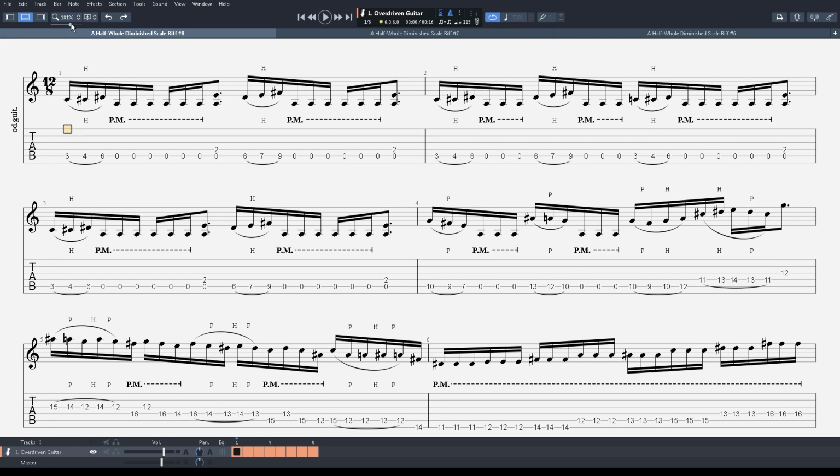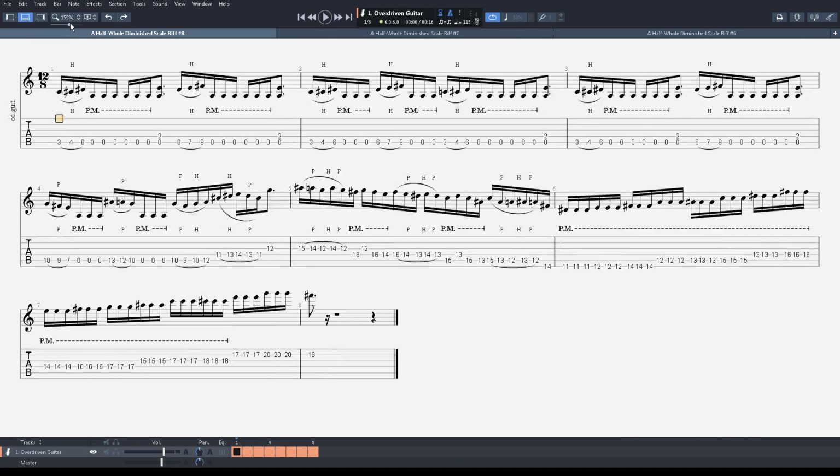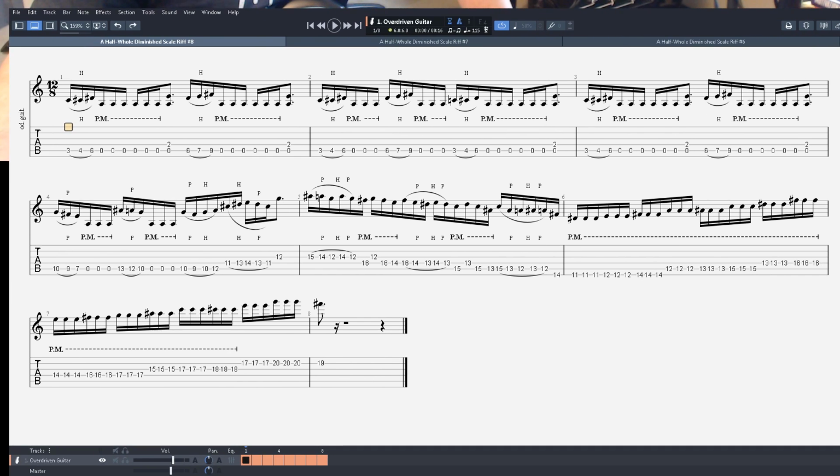Oh my god. Trying to get the size just right. No, I guess it's good enough. Yeah, so try to get it